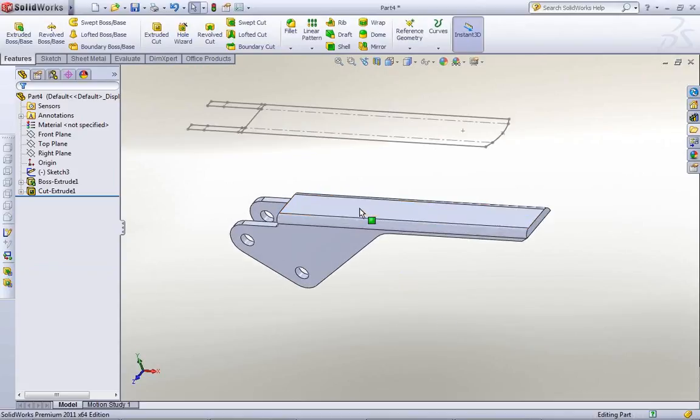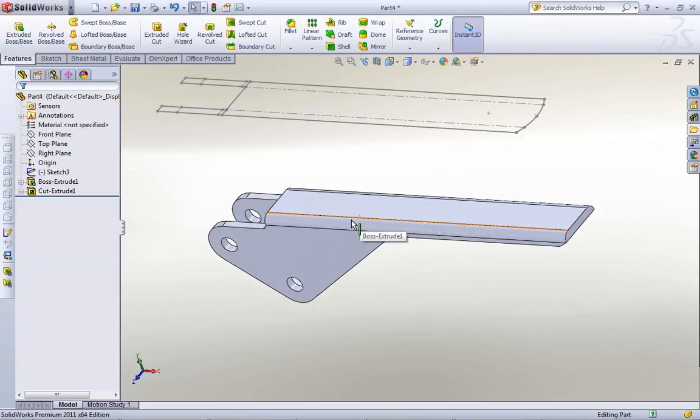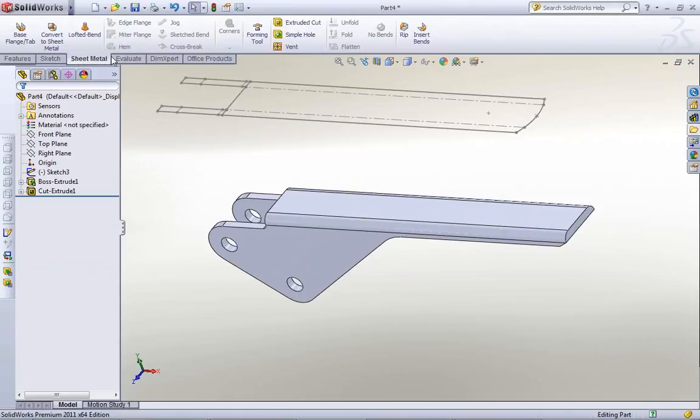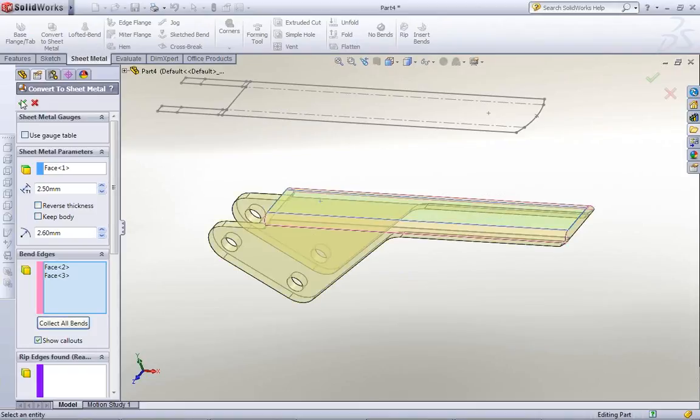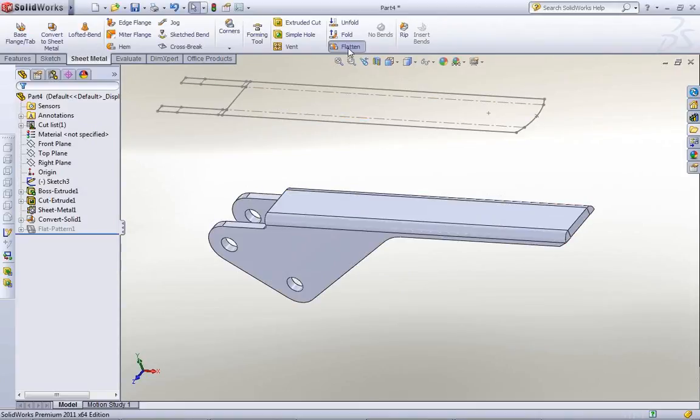So as you can see too, as I'm designing this it's probably a sheet metal part. SolidWorks handles sheet metal very well, as many of you know. I can click the convert to sheet metal button, pick the face I want, collect all the bends and hit OK, and if I hit the flatten button,